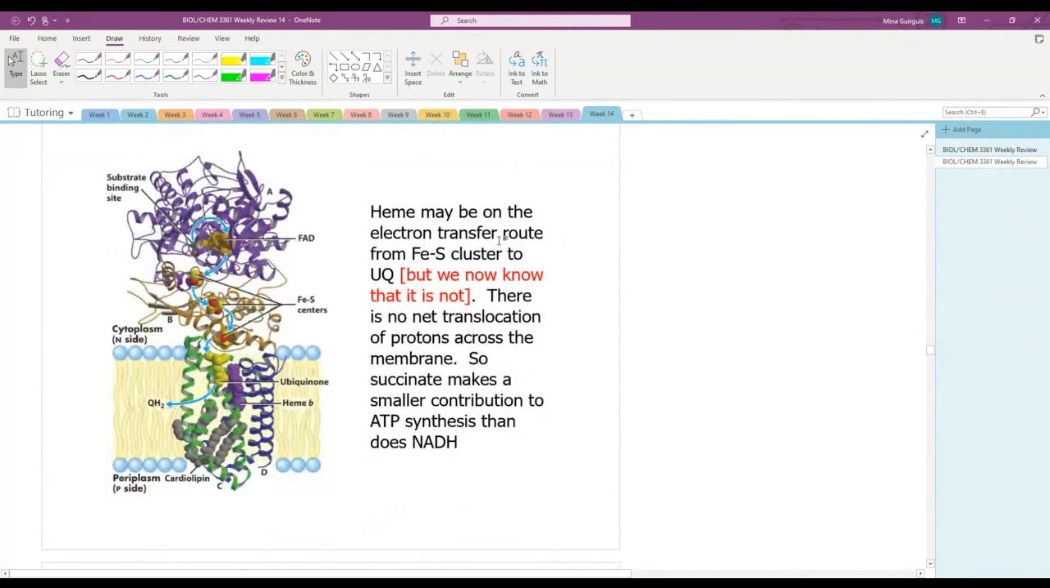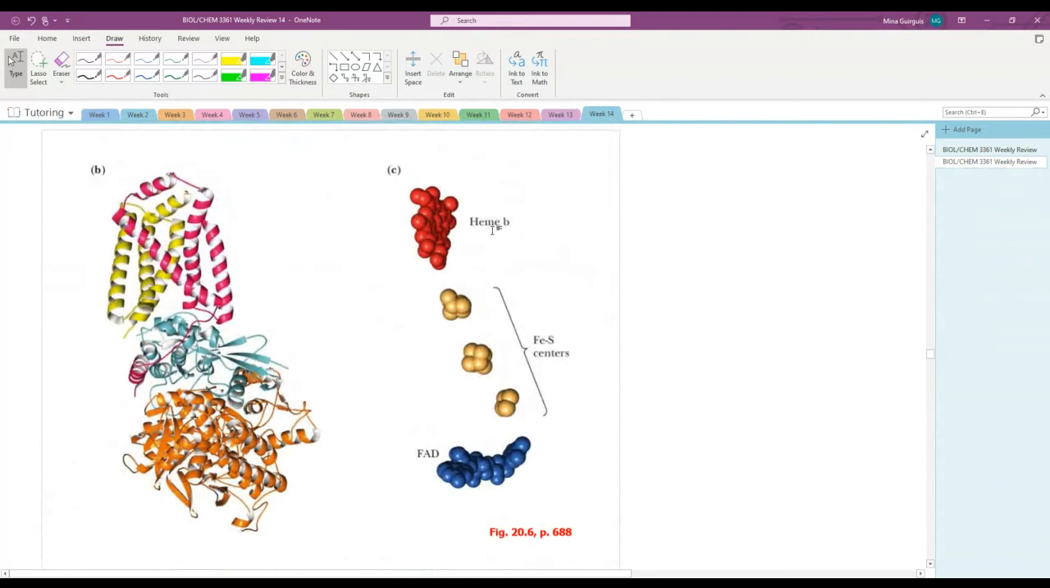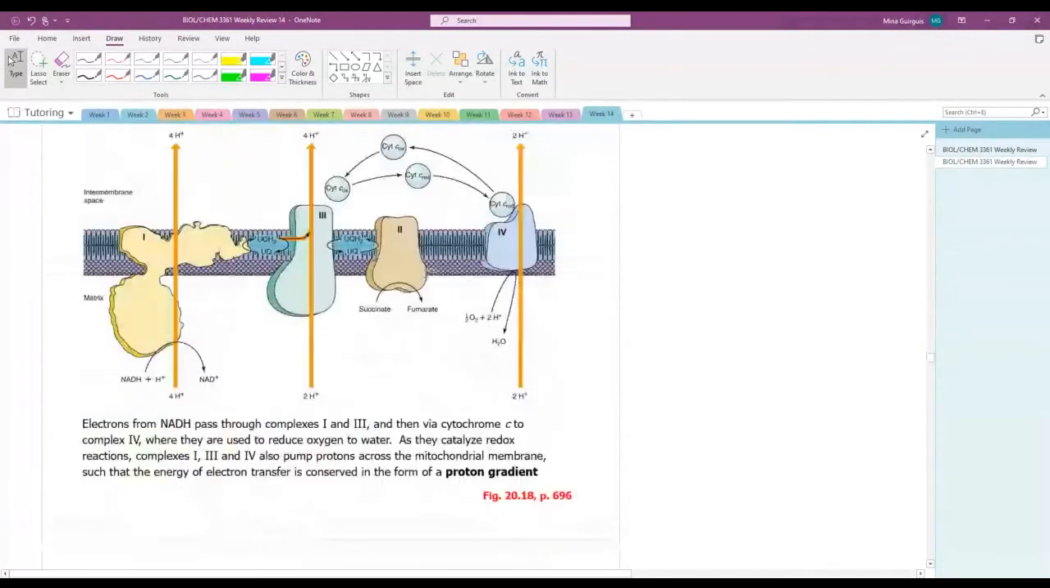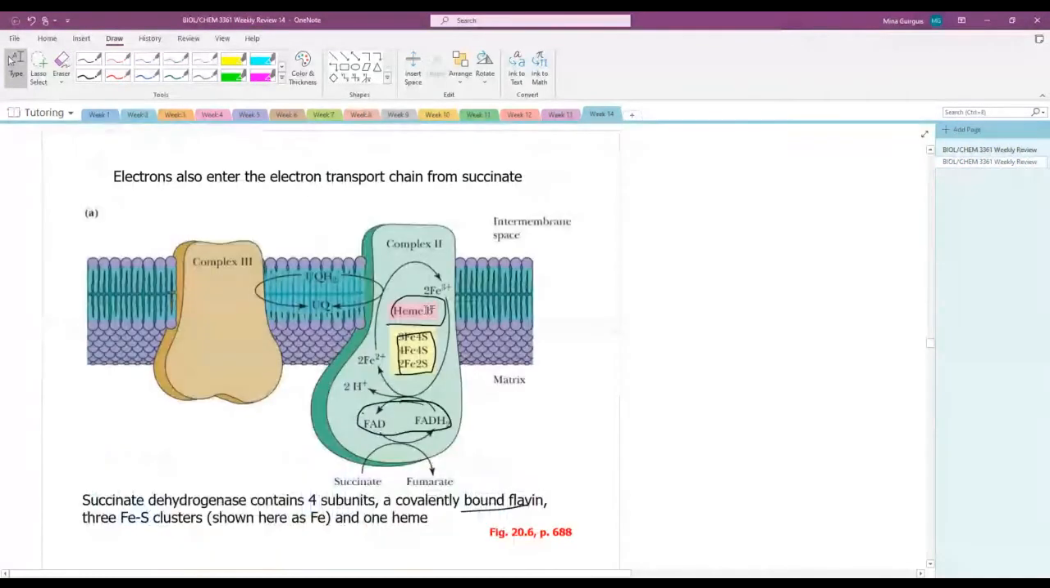So heme is on the electron transport route. We thought. It's not. So there are no protons transferred across complex 2 into the intermembrane space. Okay, that's important to keep in mind. So generally speaking, we believe that the order is FAD through the 3 iron sulfur clusters into heme B. And then, as we mentioned, unfortunately, okay, there we go. Heme B